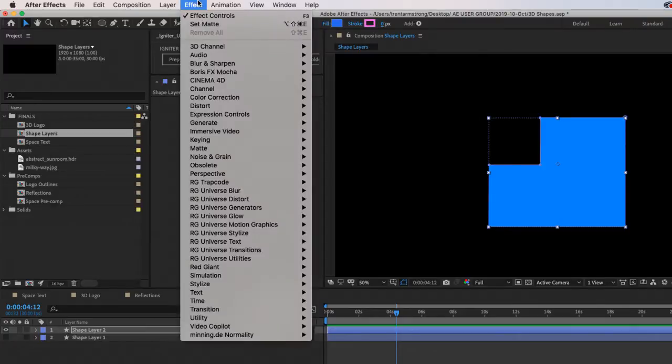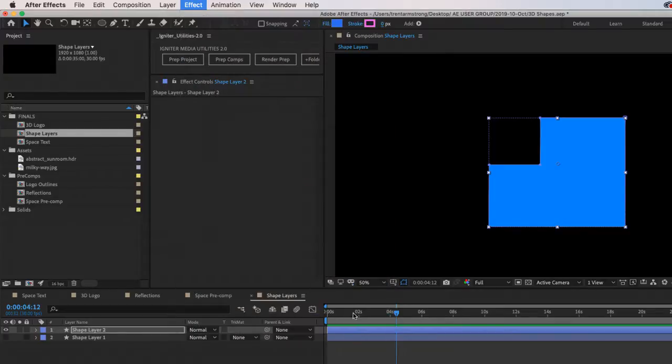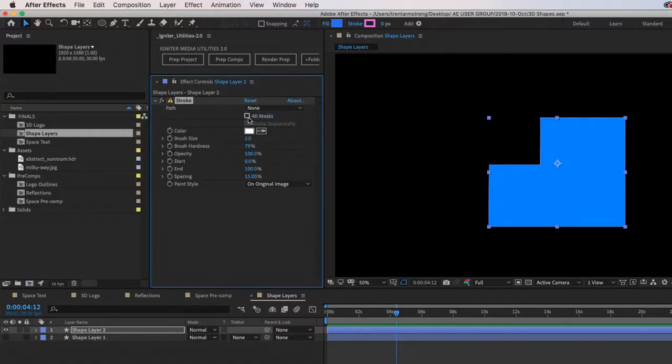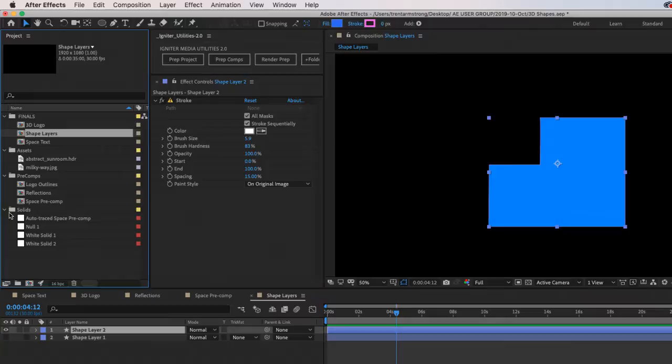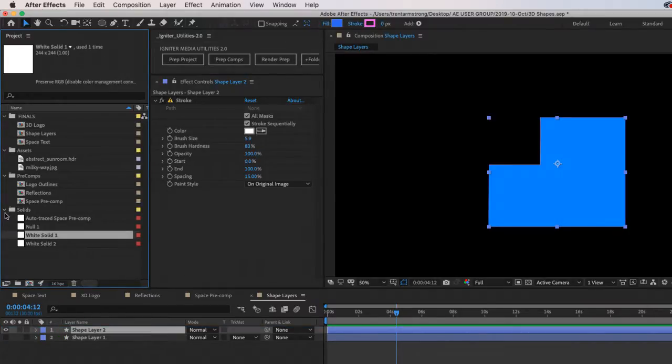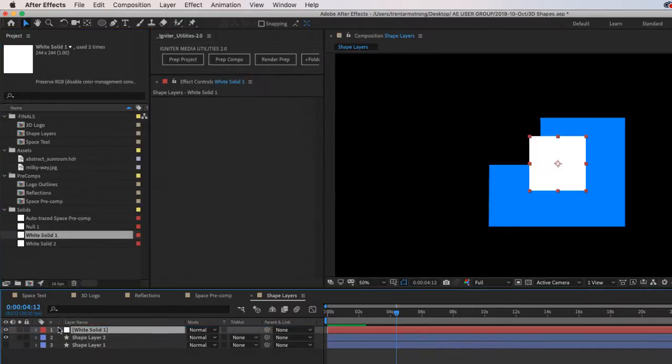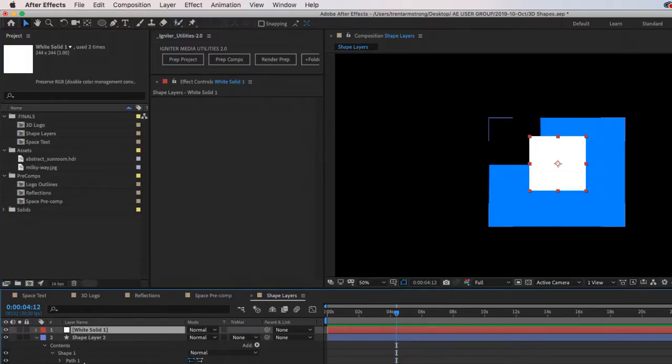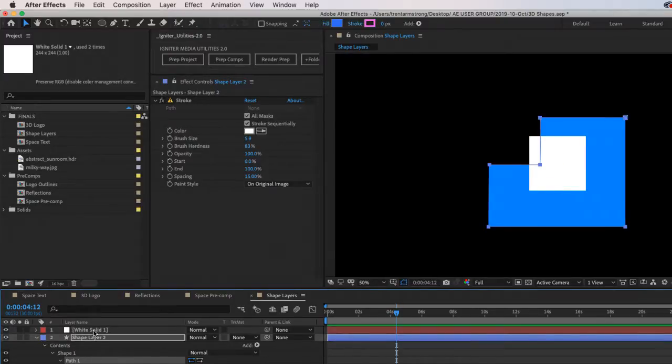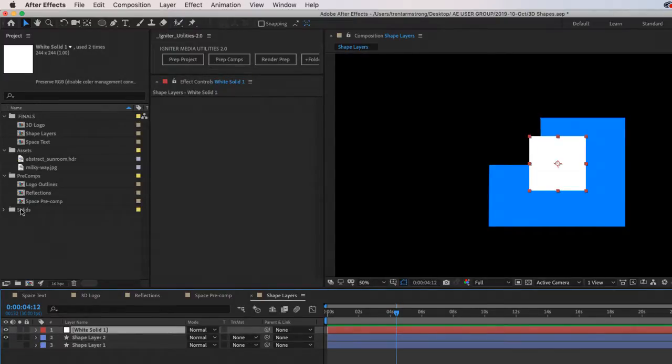And then stroke, and it needs masks apparently, and there's no mask on here. So I would have to maybe do a solid. And take the path here, copy that path.